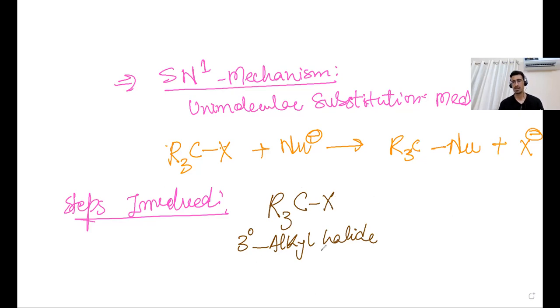So this is called a tertiary alkyl halide. So what happens? This X group, that is halide group, is removed from this molecule, and the resultant molecule that is formed is like this,